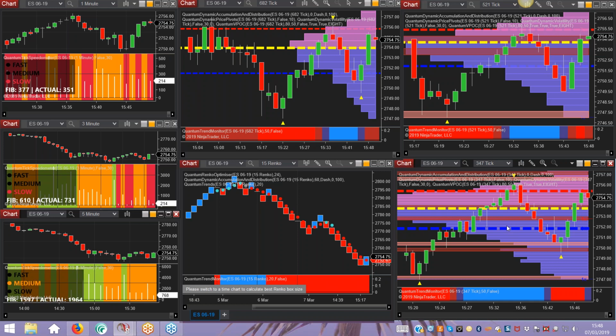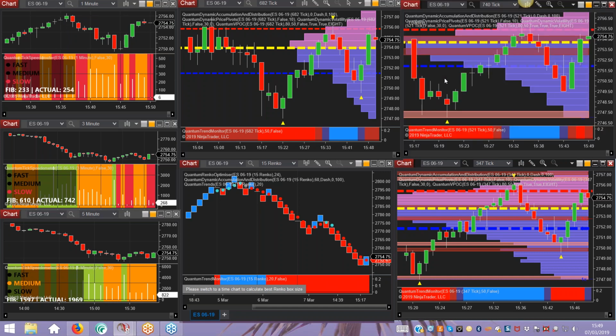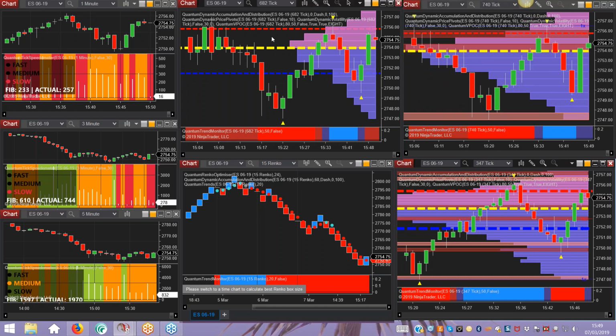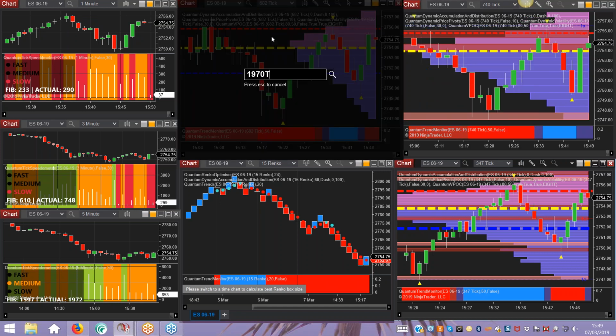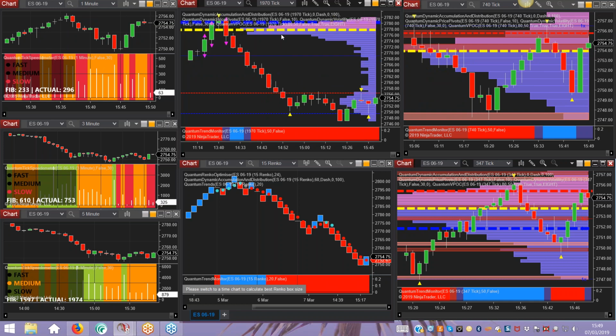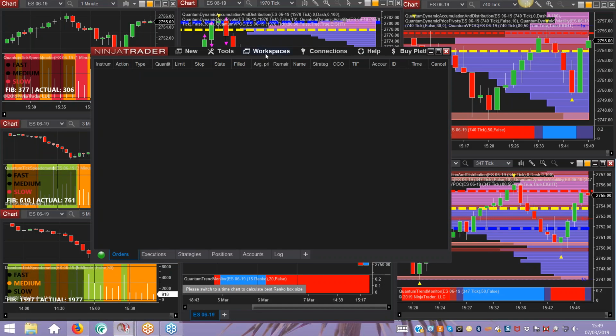They're independent of time, because what you're looking at is the number of ticks required to create the candle, and that's delivered from the tick speedometer. I've taken these off the actual, had these set up here. This is 347 to 358 at the moment. This one's up a little bit faster. Just changed that one over to 740. And then this is our slowest one, which is now at 1970. So let's just change that round as well. There we go. So we're now running at the right tick speeds. Let's just go back to the time-based charts again.